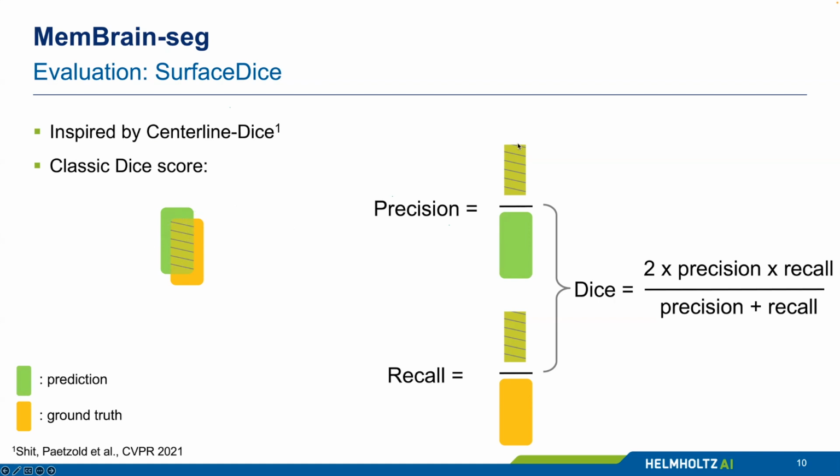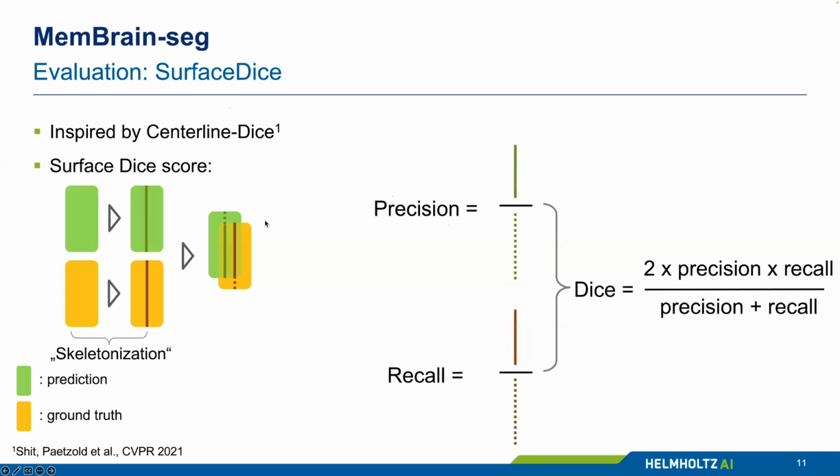Because with this, you will compute the precision, so compute the fraction of the overlap in the prediction, and also compute the recall by computing the fraction of the overlap in the ground truth segmentation. And then once you have these two, you will compute the dice as the harmonic mean between these two. So what you want to have is really maximize the precision and the recall. And that is the case if the overlap basically agrees with the prediction and ground truth. So this is what you tried for the classical dice score. But yeah, as we saw before, this has some problems if you have different membrane thicknesses.